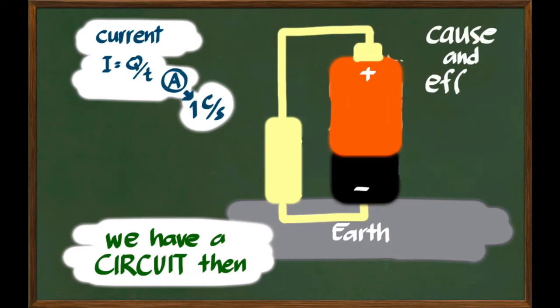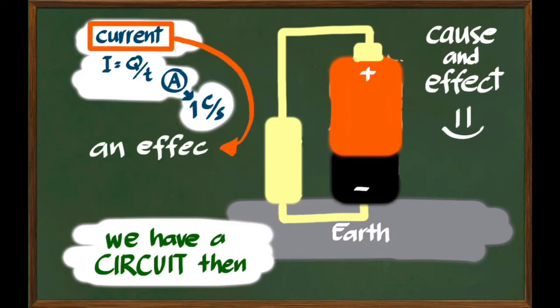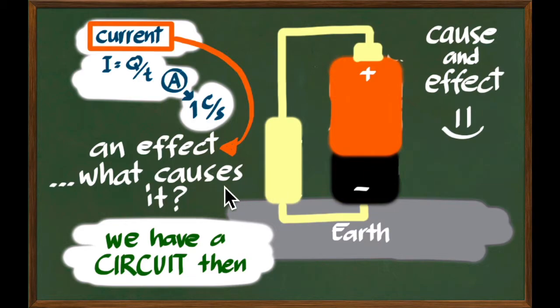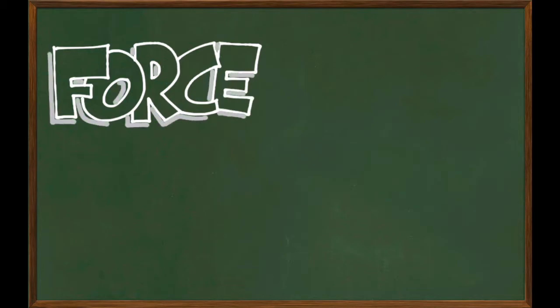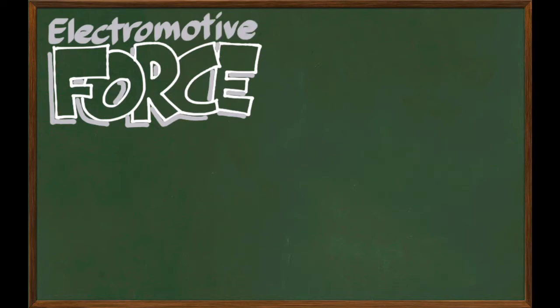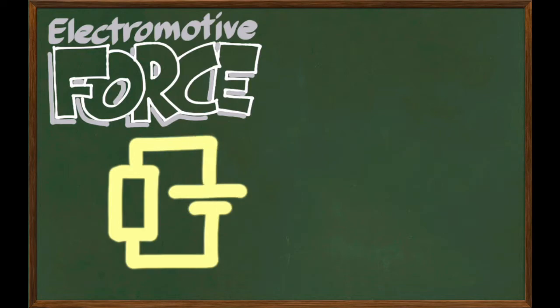We can also see the cause and effect, which is always the case in physics. The current appears to be an effect of something that just happened, and the cause, guys, is what this video is all about. So the effect is a movement of electrons, and if you may recall, when we were studying motion, force causes objects to move. Apparently, there should be a force here. People a long time ago thought of that cause of motion as a force, and hence they gave it a name, electromotive force.